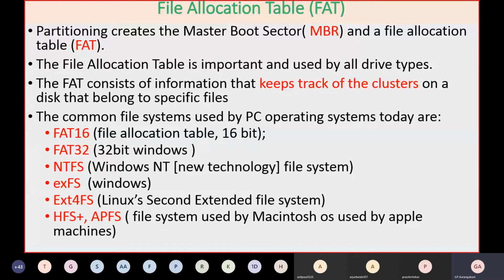FAT32 is still a very good file system because it has portability across Unix or Macintosh. So if you use your pen drive on multiple operating systems, I'll recommend that you format it with FAT32 only.